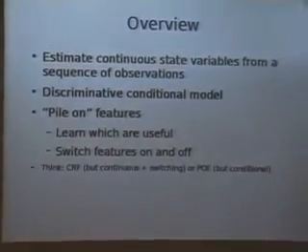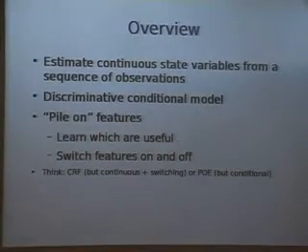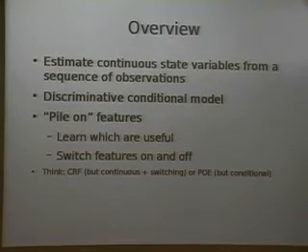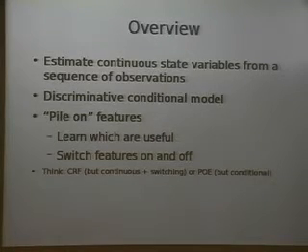So the trick to this approach is that we're going to model this as a discriminative conditional model, which is a little different from how people usually do it. And this has a couple of advantages over the typical generative state space models like Kalman filters and HMMs. Basically, this allows us to pile on features. So if we can come up with any sort of feature that might suggest what this continuous state variable is. The running example I'm going to use is my friend Simon bouncing a basketball, and then we'll watch him